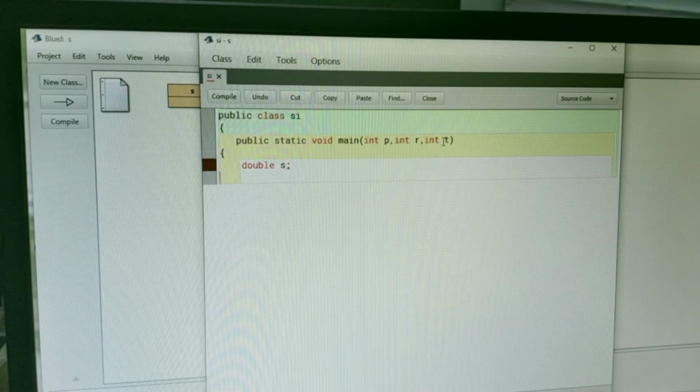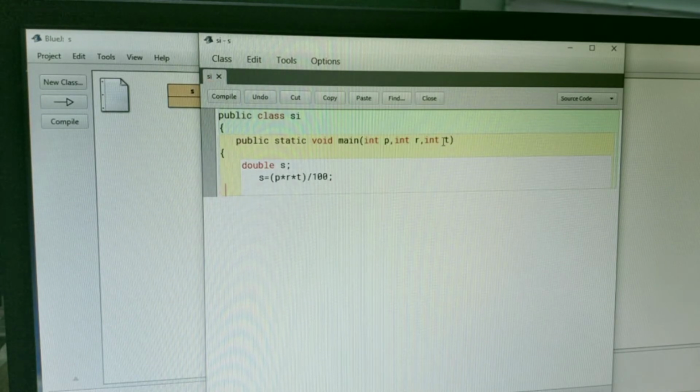Then in the next line we write the formula: S is equal to open bracket P into R into T, close the bracket, and divide by 100. This is the formula for simple interest.